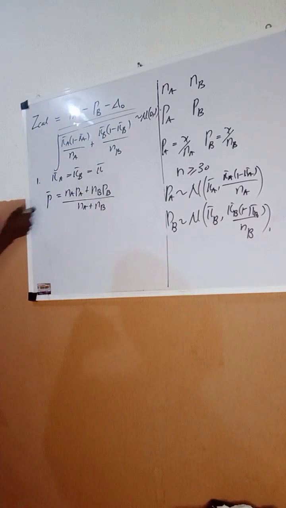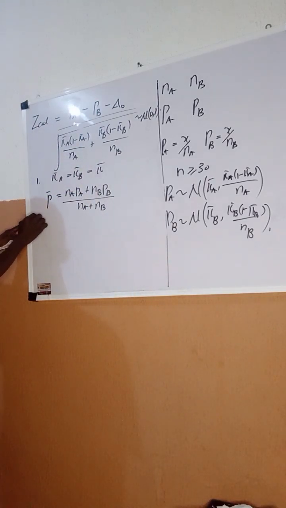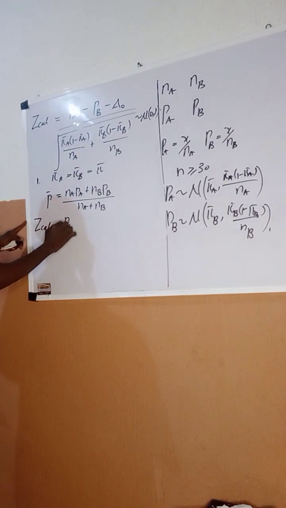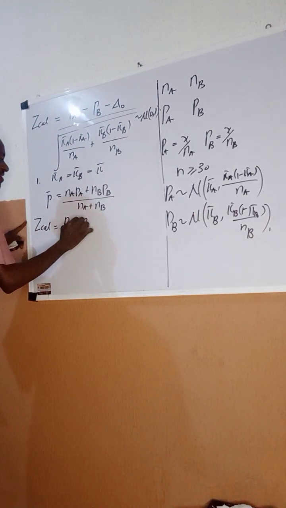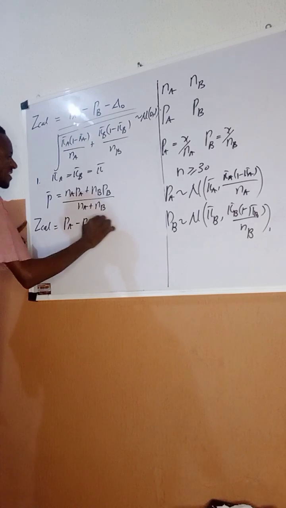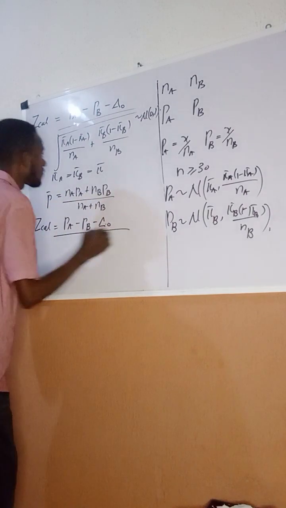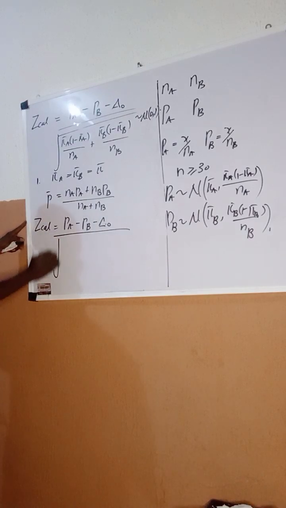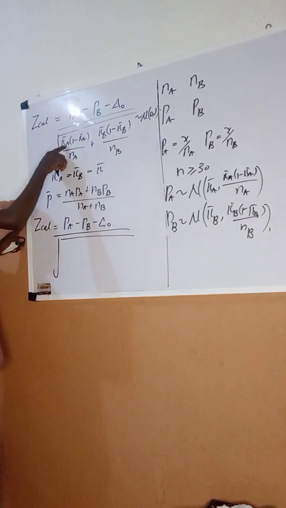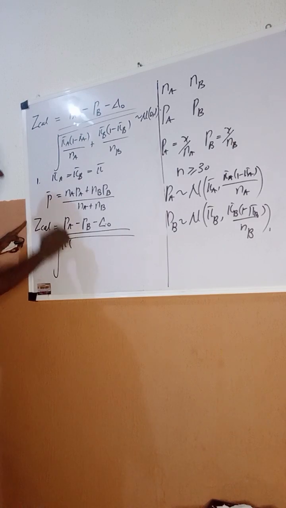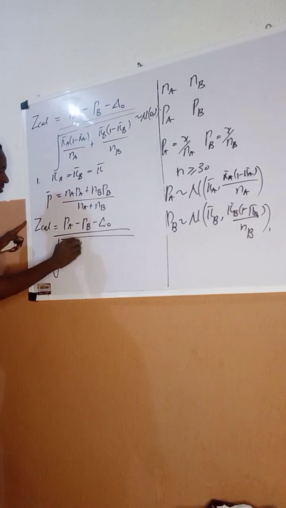And then this z-cal becomes: z-cal equals P of A minus P of B, minus delta 0, all over the general square root. Here, instead of writing pi of A, I'm going to write ordinary pi. So I have pi into 1 minus pi all over n of A,